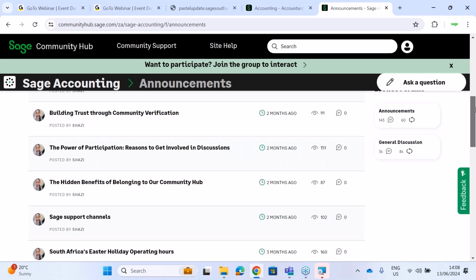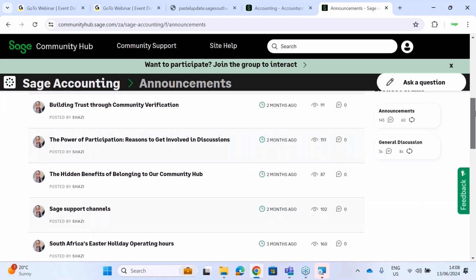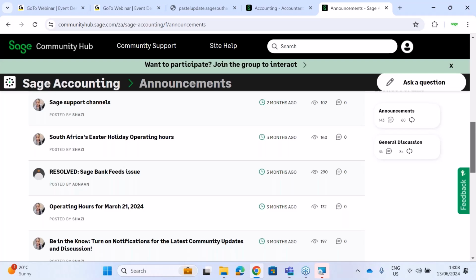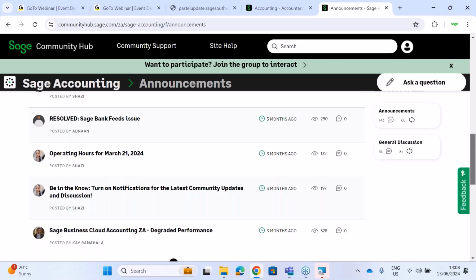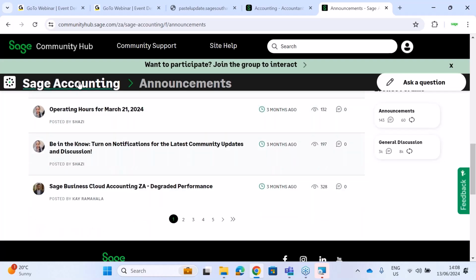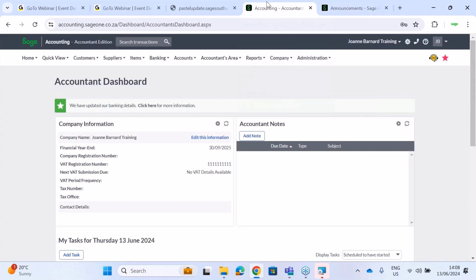So here you can see that we've given you a lot of different things, Sage support channels, operating hours, bank feeds issues, that type of thing. And we will also let you know, one of the downsides of cloud software is that everyone is connecting to the internet, everyone is connecting into the same program, and that can cause, as we saw here,